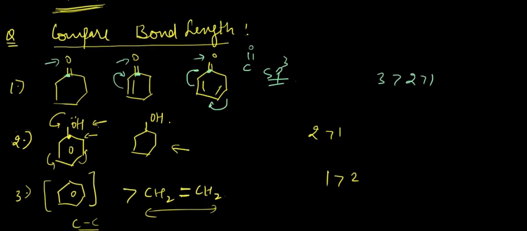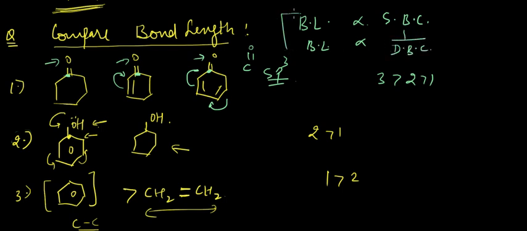So I should make some note here that bond length is directly proportional to single bond character and bond length is inversely proportional to double bond character. Okay, so this is the rule of thumb which we should follow for answering this set of questions. Okay,